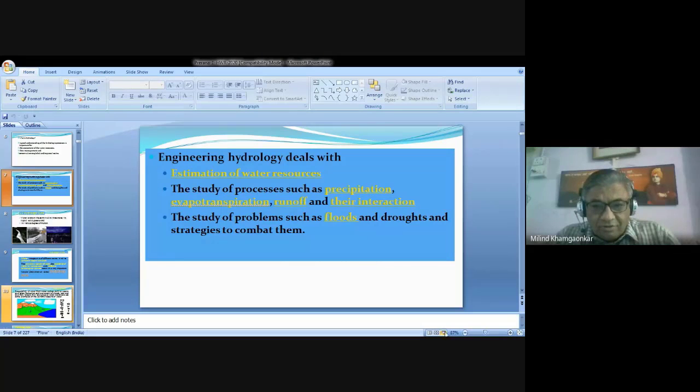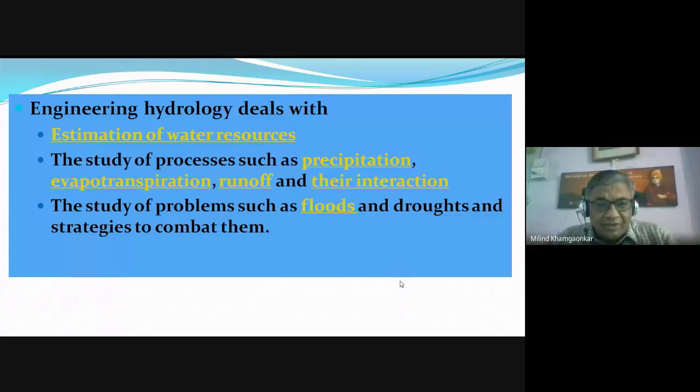Then there is the question of floods, because due to excess rainfall for a longer duration, the water crosses the banks of the river and encroaches outside, destroying not only human and animal life, but also other properties like agriculture, houses, roads, bridges, etc. So on one side hydrology helps in tackling floods, as well as on the other side